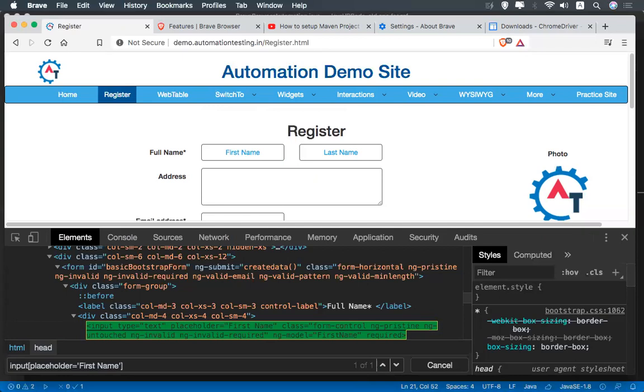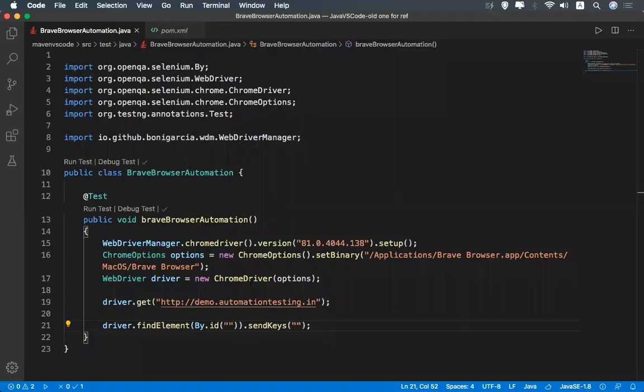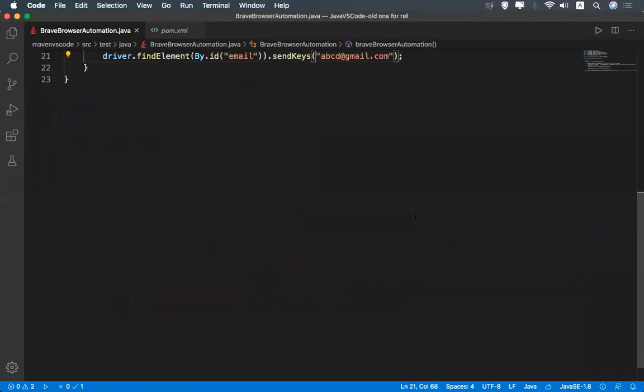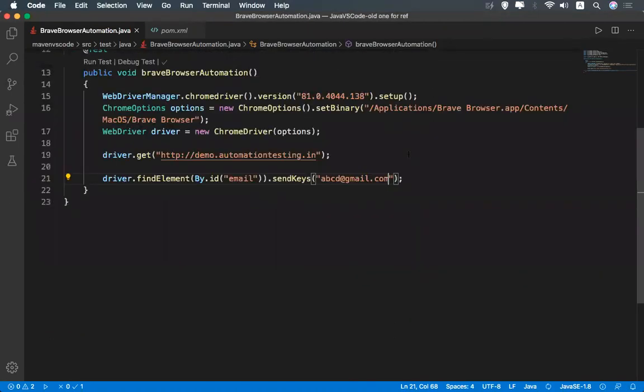Okay, so now we'll go back, and I already captured this information. This is email, and here I can give any dummy email ID. So I will write, and I'll copy the rest of the things.